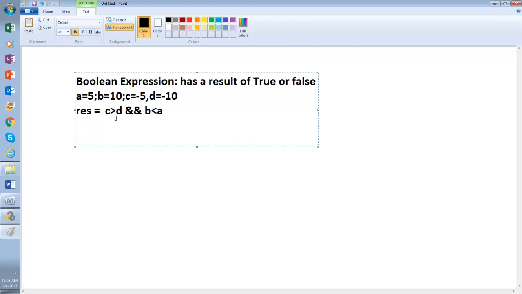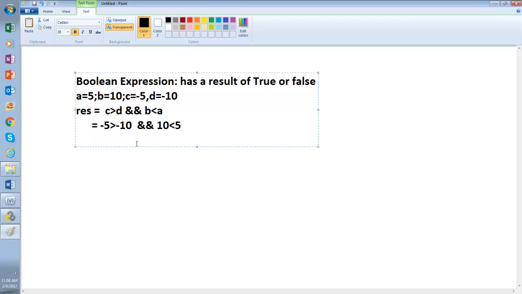Now let me do the evaluation of this expression. What is the value of C? Minus 5. The value of D is minus 10. And then B is 10, less than A, which is 5.